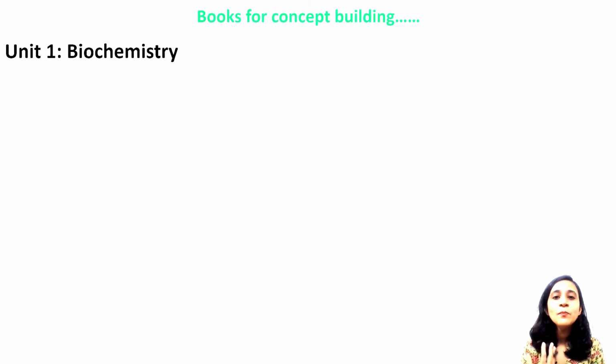Now coming to part B and C, here one thing I need to say. There are 3 types of books we require to read for this exam. First one is the conceptual books. These books you have to read always to clear your basics or to clear your concepts. Without these books you cannot move one step, even you should not. If you are in your graduation or post-graduation, please go through these books to clear your concept.